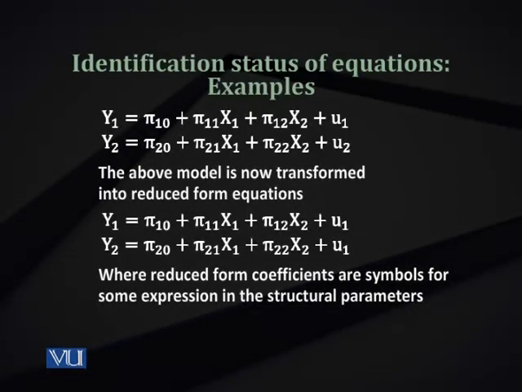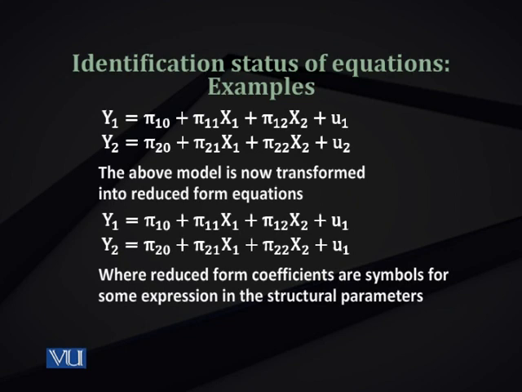First you have the model, the original model, which we call the structural model, which has parameters alphas and betas, which we call structural parameters. And then by the process I just showed you, we transform them into two reduced form equations, one for y1, second for y2, which contain the coefficient pi's, which are called reduced form coefficients. Now note that these two equations have no endogenous variable on the right hand side, so we can apply ordinary least square to them.